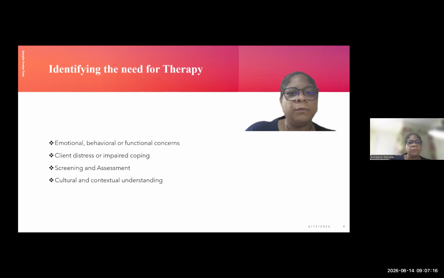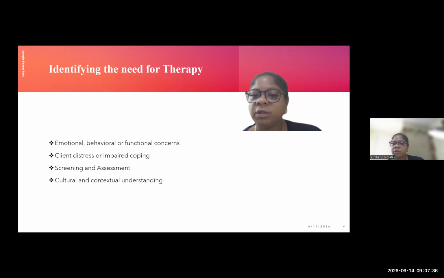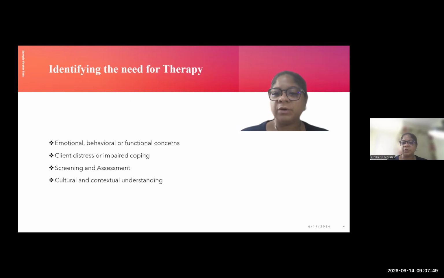Identifying the need for therapy. Emotional distress, behavioral or functional concerns, client distress or impaired coping, screening and assessment, cultural and contextual understanding. Recognizing emotional distress, behavioral change and or disturbance in day-to-day functioning is the first step in determining whether therapy is necessary. Shang